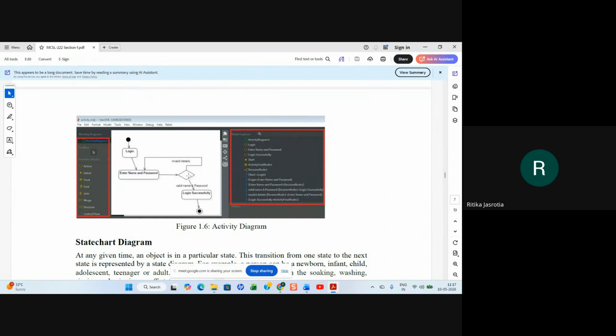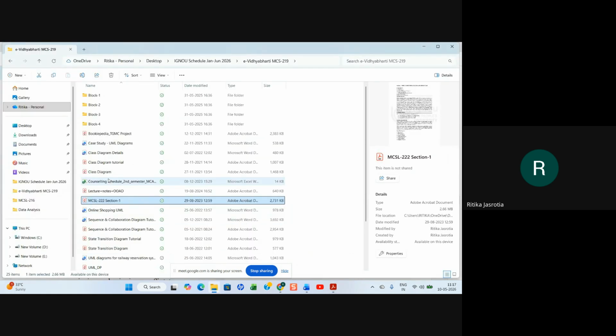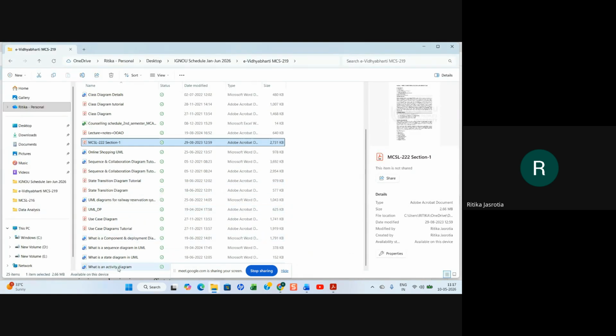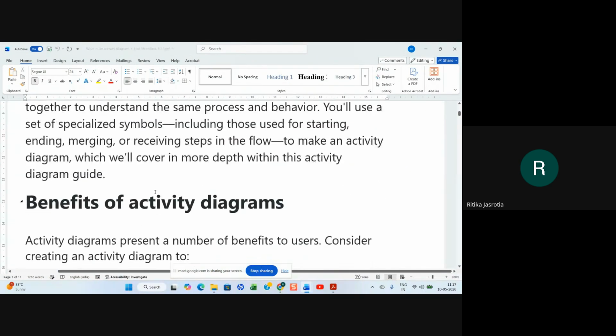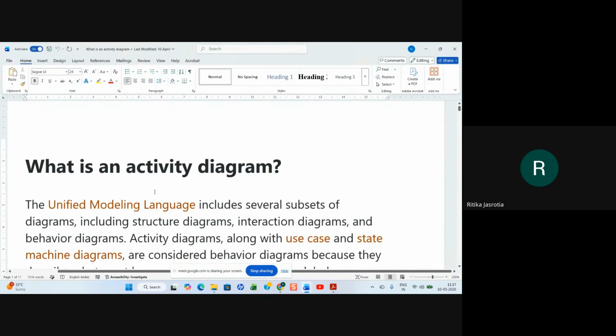If your name and password are correct, you will go to login successful. If they are invalid, you will go back to enter name and password. After login successful, you will stop. This is a stop symbol, right? So activity diagram is like this, right?